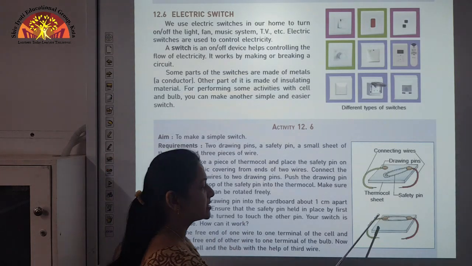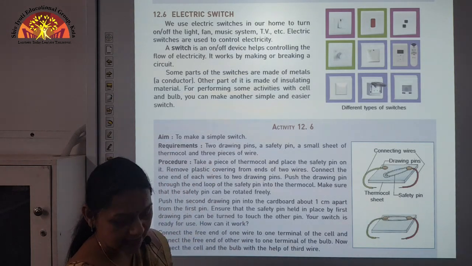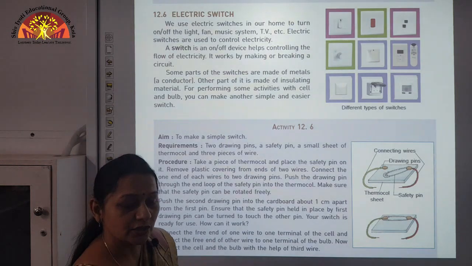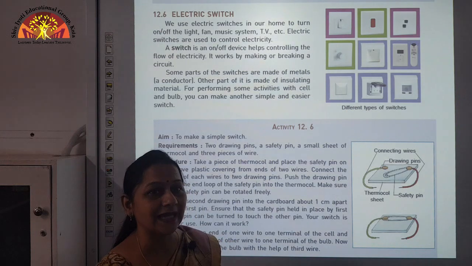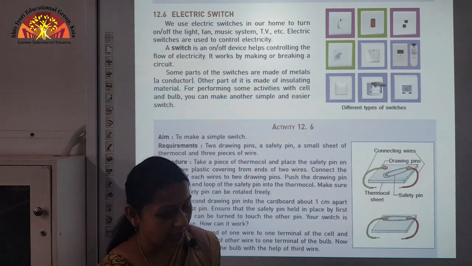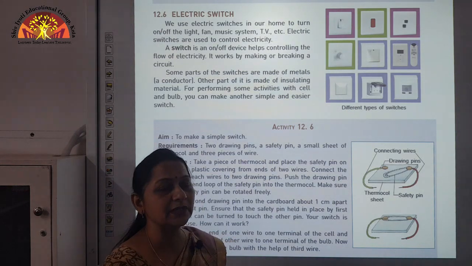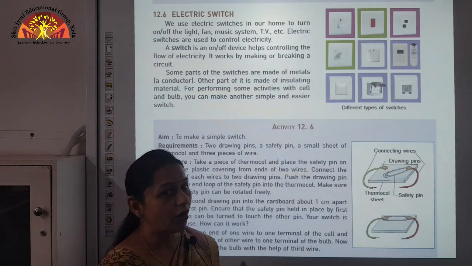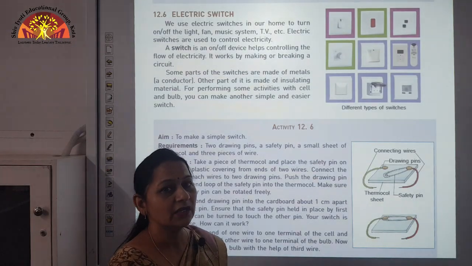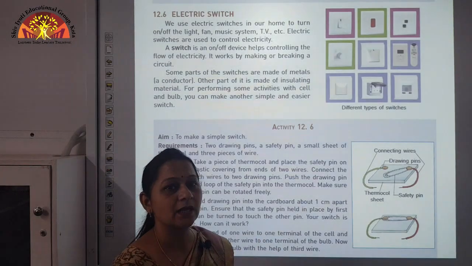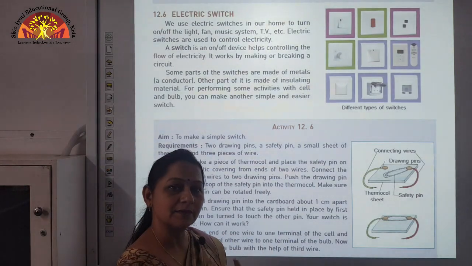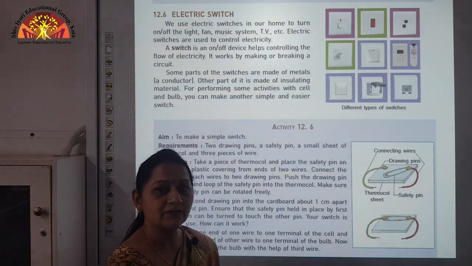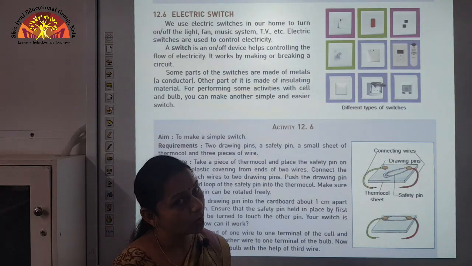So this safety pin will act as an electric switch. So children, you must have seen switches of different shapes and sizes. They work on the principle that when we off the switch, the circuit is open, and when we on the switch, the circuit becomes closed and our electric appliances start working.